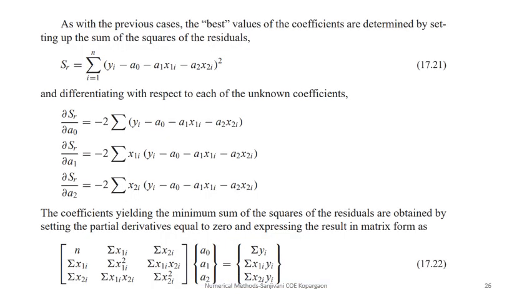These are the equations which you get. As I told you, you need to differentiate with respect to a0, a1 and a2, three constants, and you will get this equation. You have three equations with three unknowns, and this can be solved simultaneously to get the values of a0, a1 and a2, and we can write that equation. So you can get this equation.